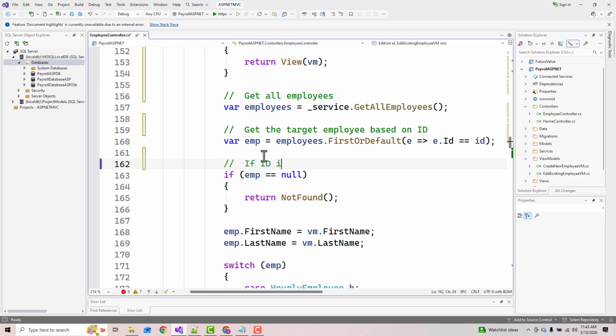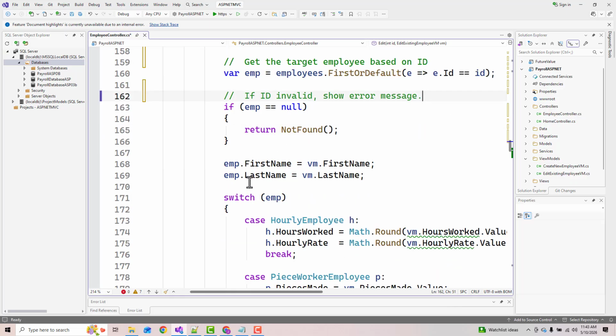If ID invalid, show an error message. So if we make it down this far,